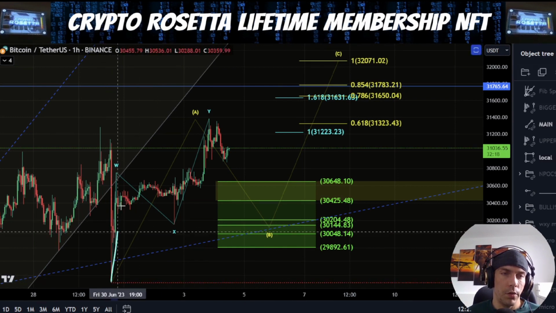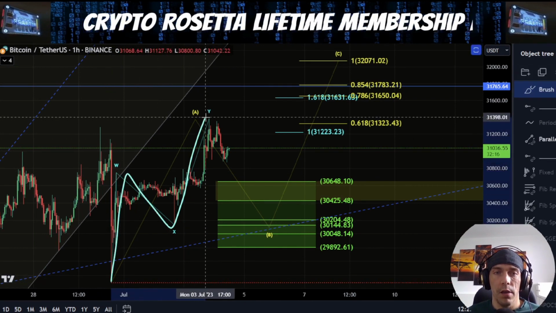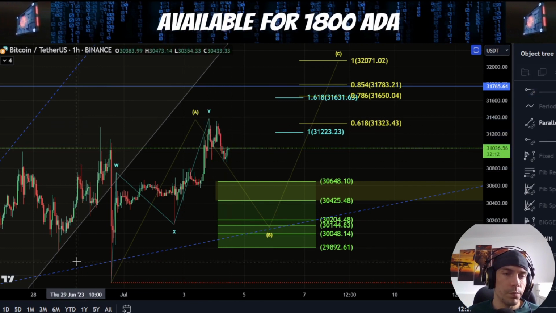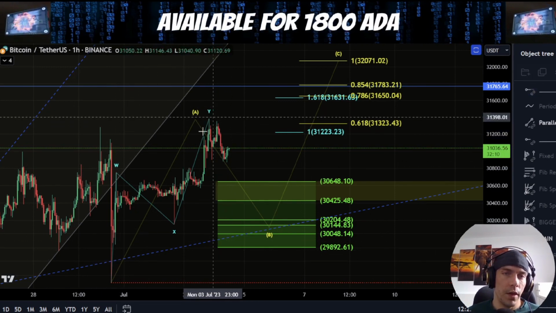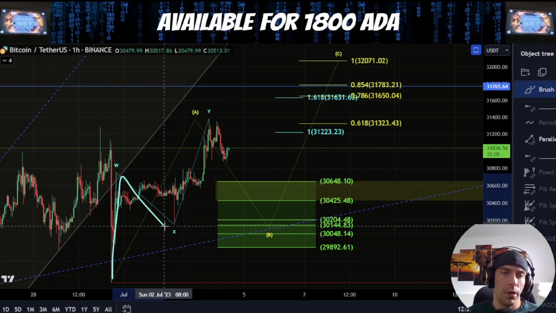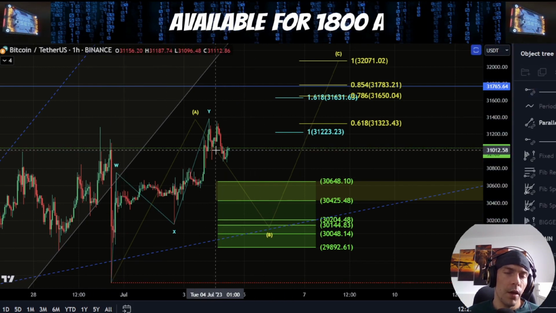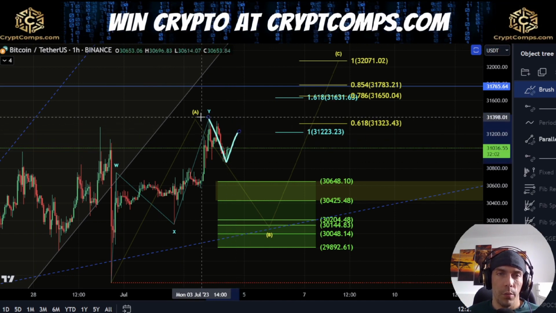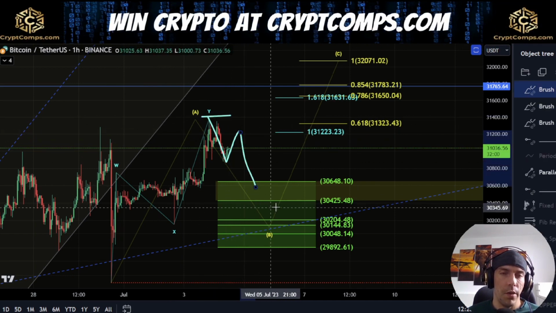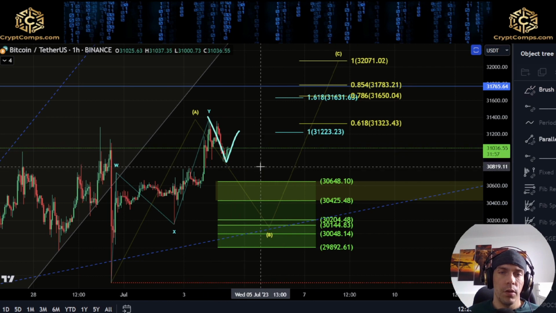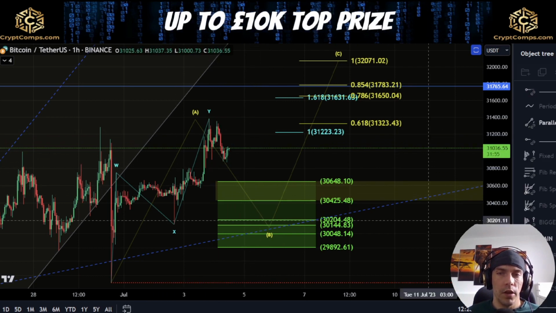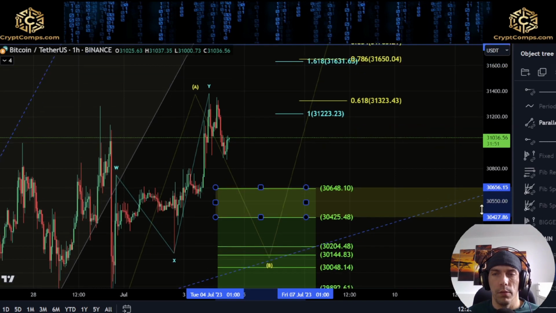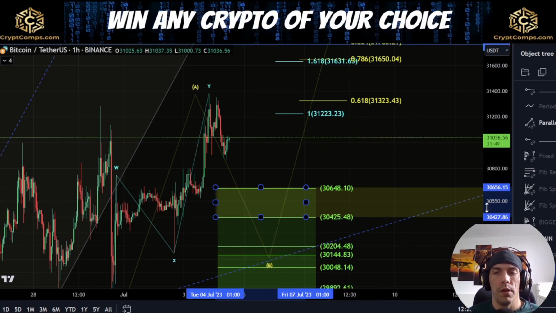Like I said, we could have this as WXY as an A wave. Now this move to the downside is just looking corrective at the moment. It is possible we still see that bullish count where we could look to break out from here. But if we do start to break down and we see this as A, we come back up, we fail to take this high, we see A, B, C, something like this, then I'd be looking out for that potential of actually coming back into this yellow target box that we talked about earlier, this 30,656 to this 30,427